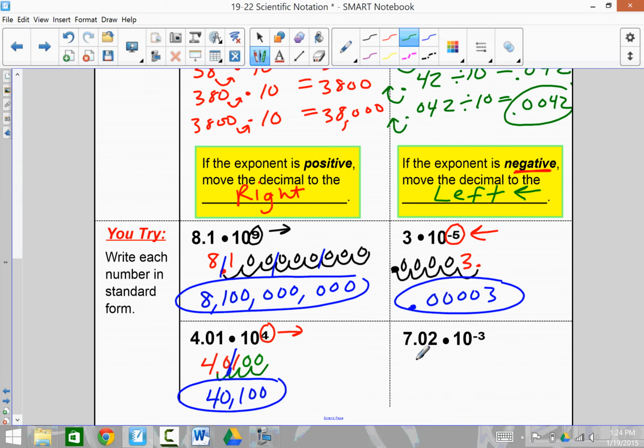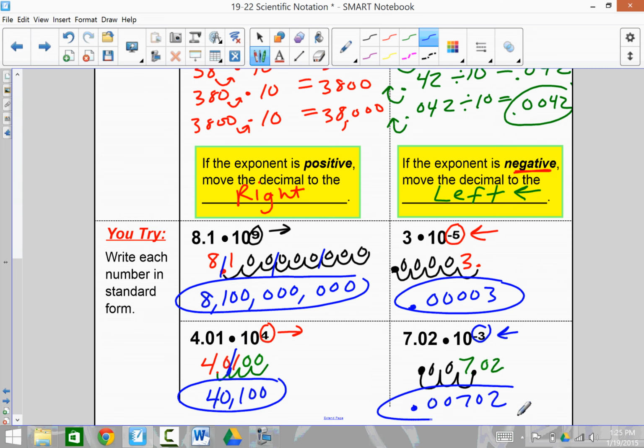Let's give the last one a try. 7.02. Notice I have a negative exponent. That means I'm going to move my decimal point 3 places backwards. So here's our decimal point. 1, 2, 3. There's our new decimal point. Let's fill in the empty spots with zeros. Final answer then is